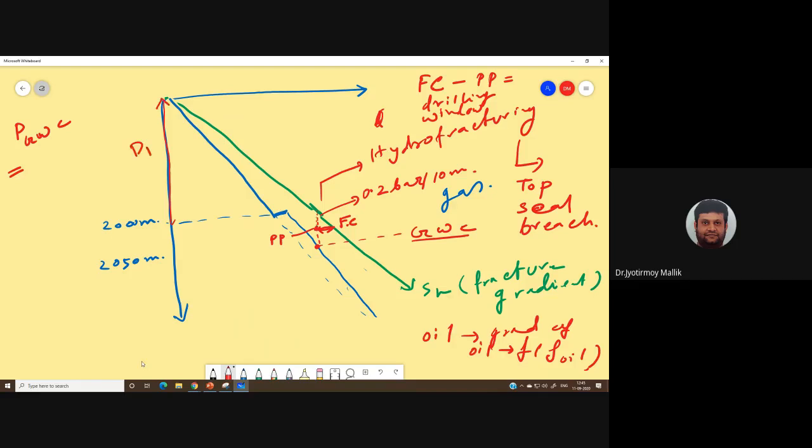Say this is D1. So D1 multiplied by 1.15 bar per 10 meter. That will provide me the pressure here. Let us call it P1, plus the,